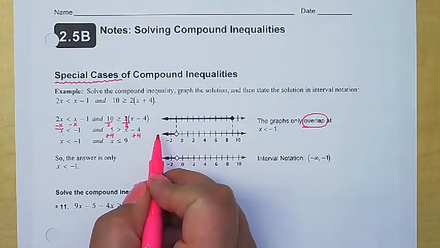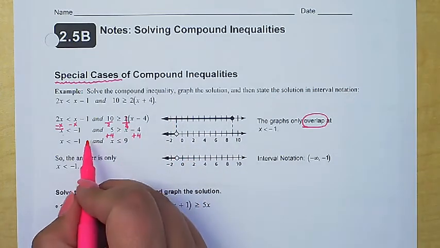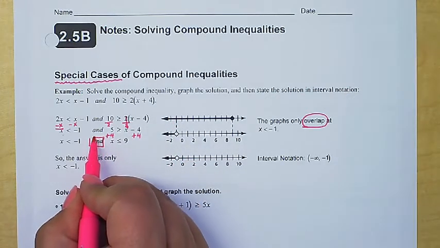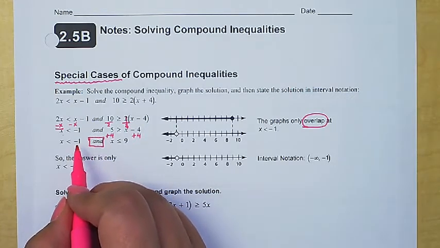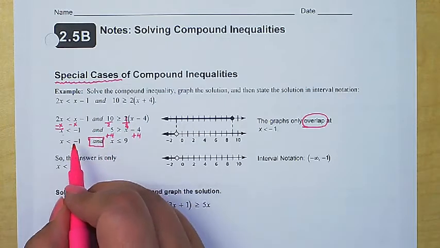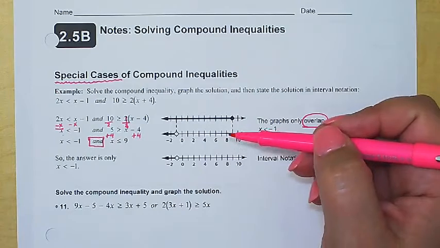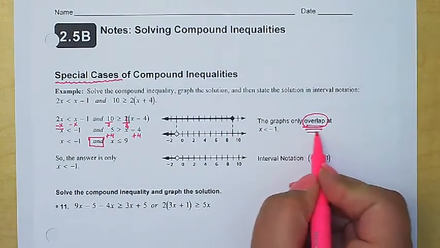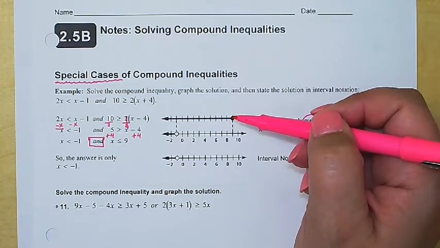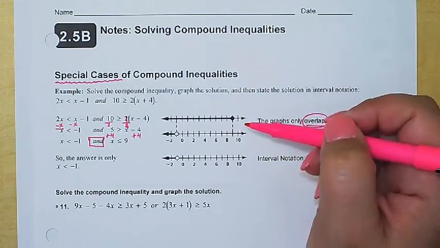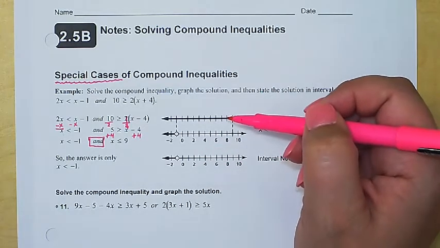One is saying all the values that are less than -1. The other one is saying all the values that are less than or equal to 9. Well, that decision is really all about the fact that I want an "and" type of statement. So I'm only interested in values that are true for both, that are less than -1 and also less than or equal to 9. So if you think about that, our focus is still where those graphs overlap. So even though on this top one, I start having solutions here at 9, there is no overlap here. So basically over here, neither of them have solutions, right? Nothing works over here. Starting at number 9, only one of our